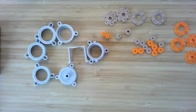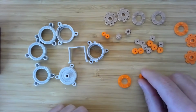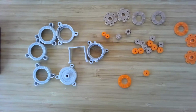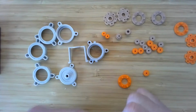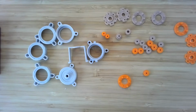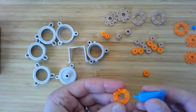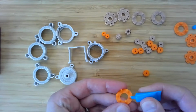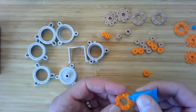Alrighty. Now what we can do is put together the gear stages. So we'll start with a 5-to-1. And this might be a good time to bust out some grease. Inside your kit, you're going to find this little blue bottle of grease. I like to try to put a little bit of grease on every surface that has sliding. So the inside of these shafts,